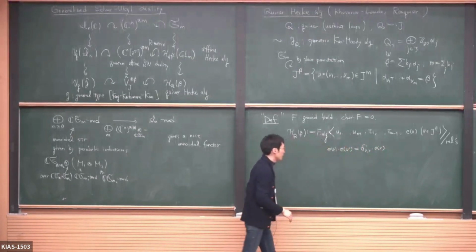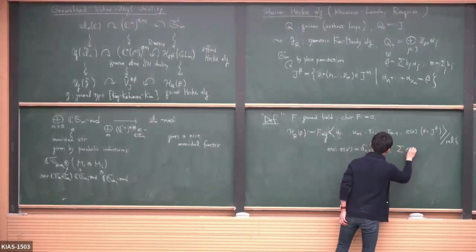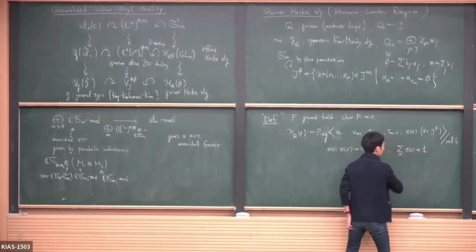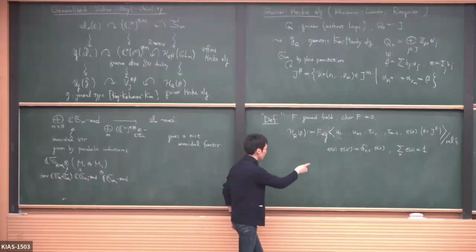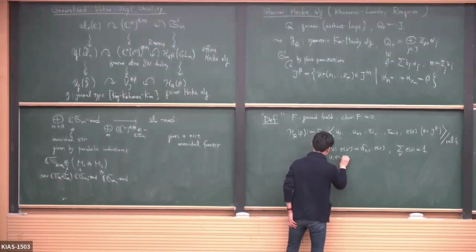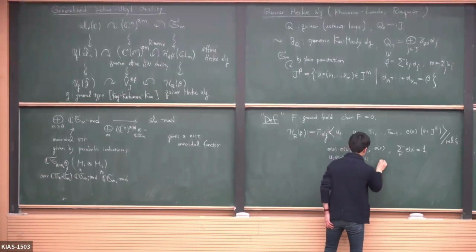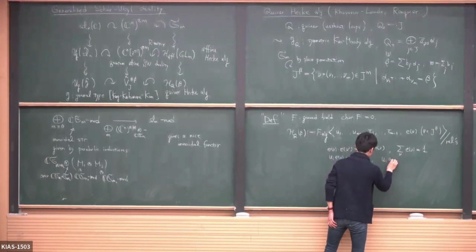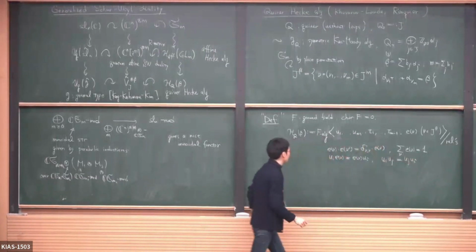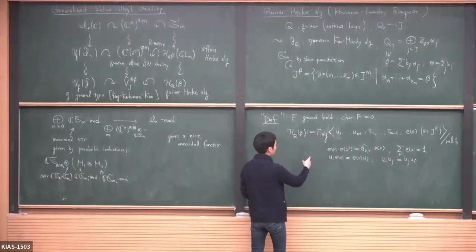And if we sum them up, then we get 1. And the UI commutes with this idempotent, and UI and UJ commute with each other. So in particular, this quiver-Hecke algebra actually